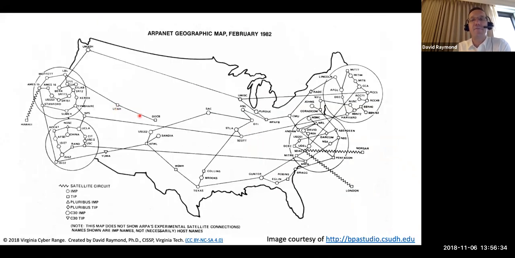So now this was by 1982, nine years later, and we had locations all across the US. Each one of these dots represents not a single device, but many devices in a local area network connected via the internet. You had these satellite connections that went to London and Hawaii. Pretty quick scaling of the internet. And again, this is before the World Wide Web. This is still just research agencies and colleges communicating over email.